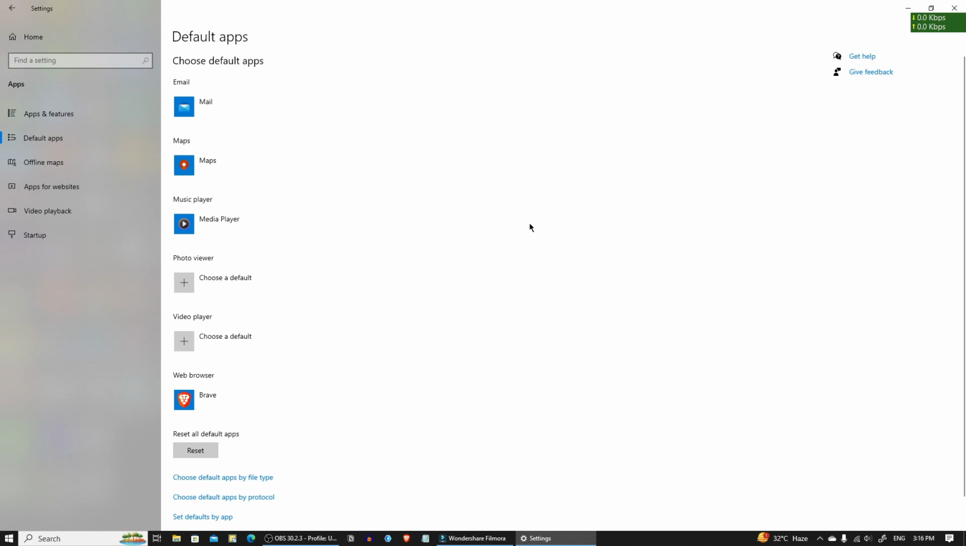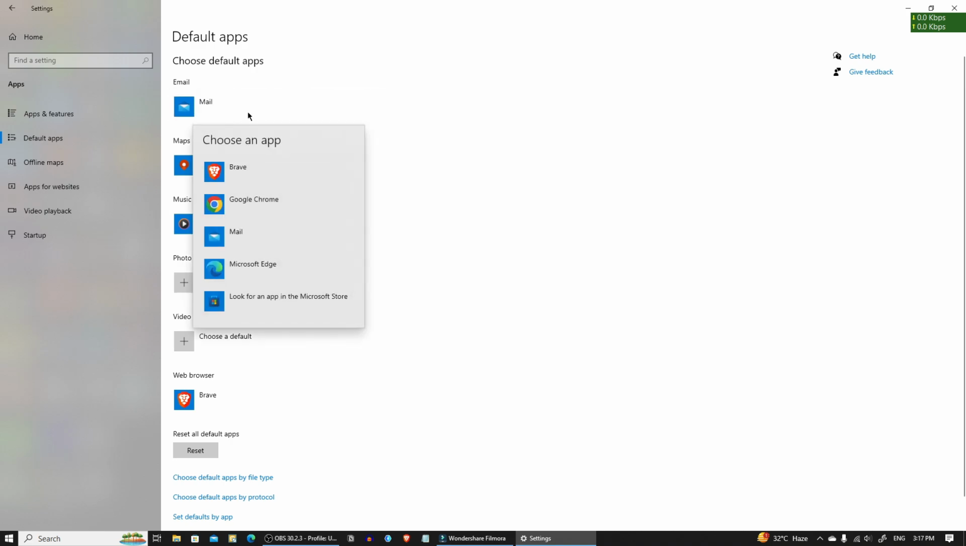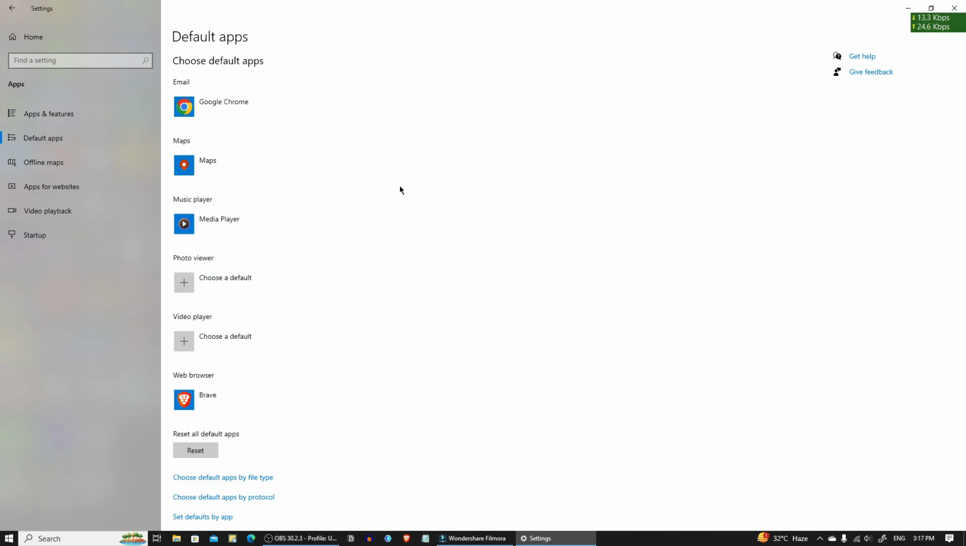You will see a list of various categories like email, maps, music player, photo viewer, video player, web browser, and so on. Click on the app you want to change and choose a new default app from the list of available options. If you want to set a specific file type to open with a particular app, scroll down and